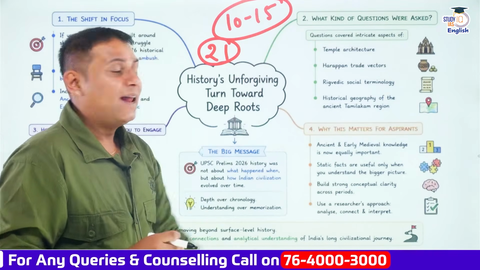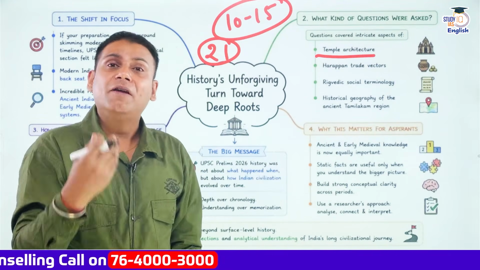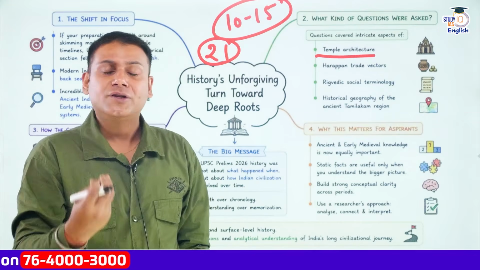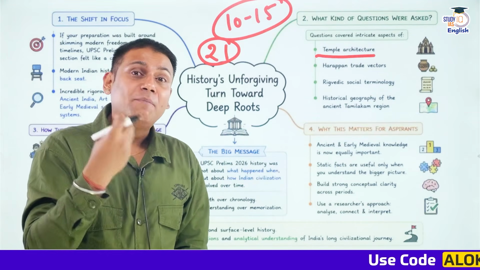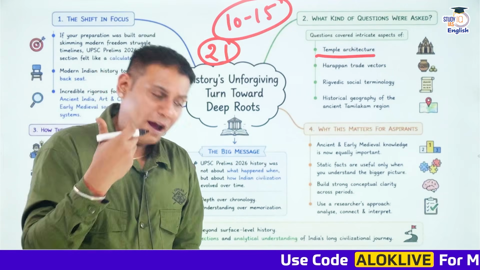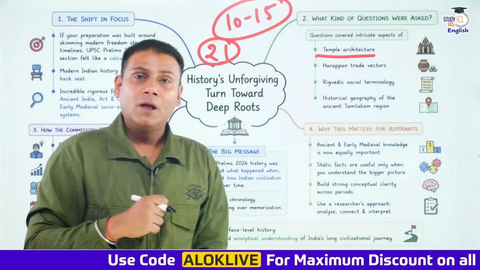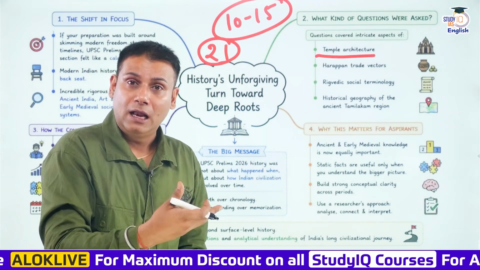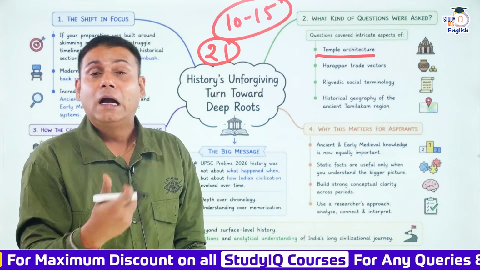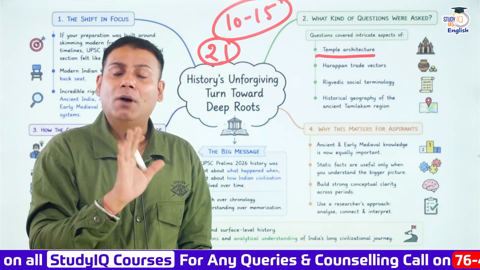Questions covered intricate aspects of temple architecture. I'll give you a very simple example. Briefly, we have also discussed the 21 questions in the previous video, correct? Now there has been a question on temple architecture. Every one of us has gone through the different terminologies related to temple architecture. For example, what is Gopuram, Mandapam, Mahamandapam, Antaral? Apart from this, Shikhar, Garbhagriha, Panchayatan style of architecture. Every one of us knows about this.